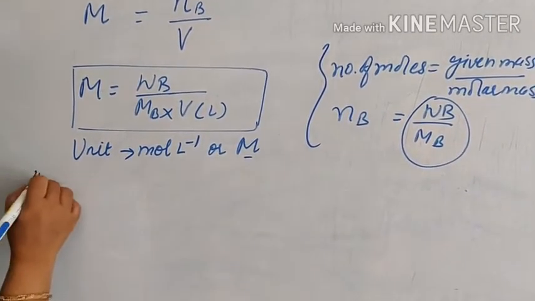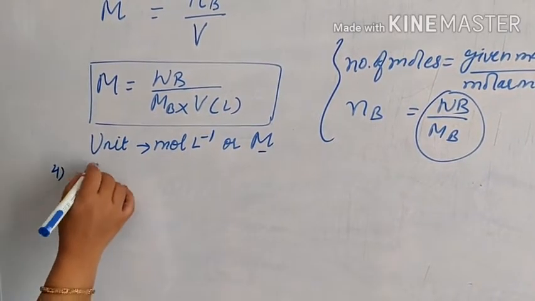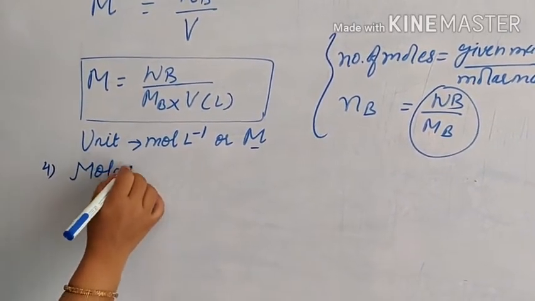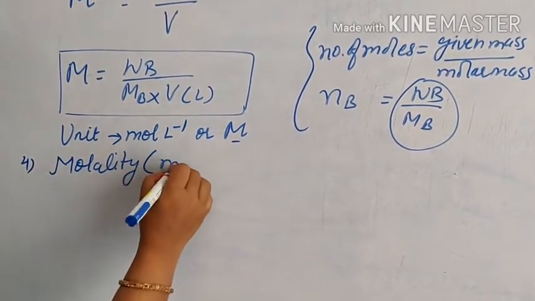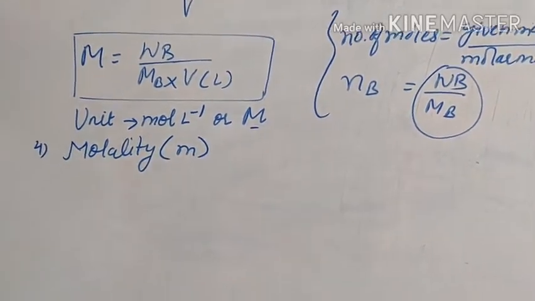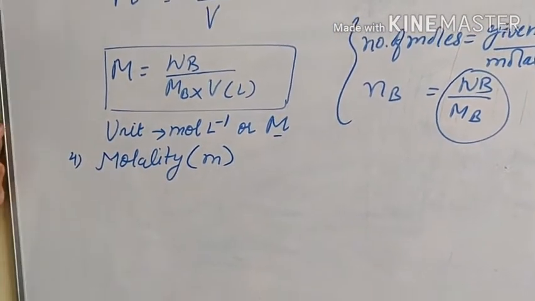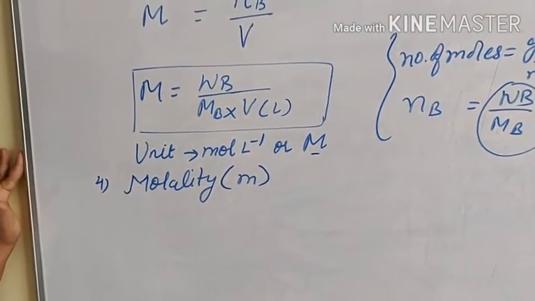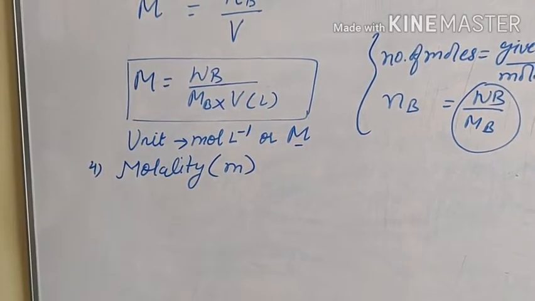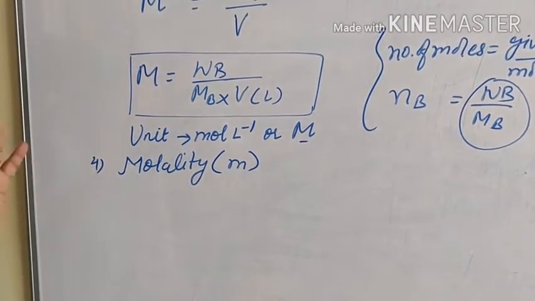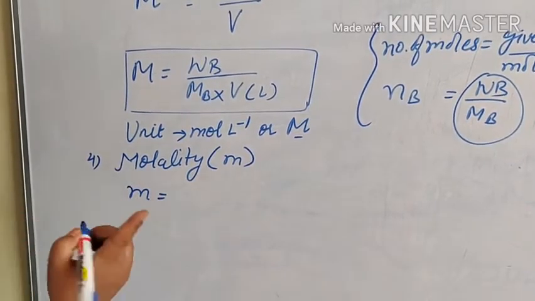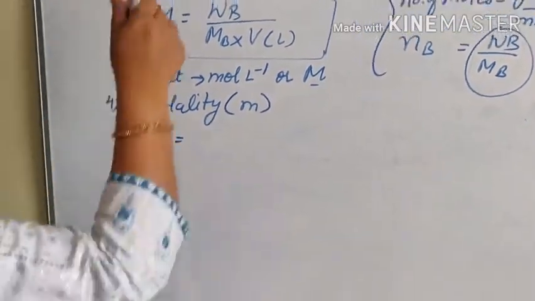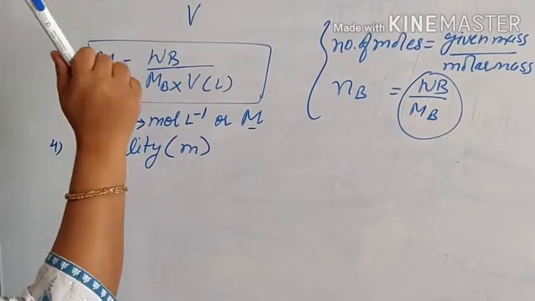Now the fourth method of expressing the concentration of solutions is molality. Molality, which is represented by small m, may be defined as the number of moles of solute present per kg of solvent. So this is the difference between molarity and molality. It is expressed in terms of per kg of solvent, whereas molarity is expressed in terms of